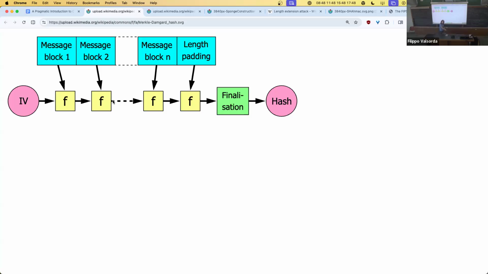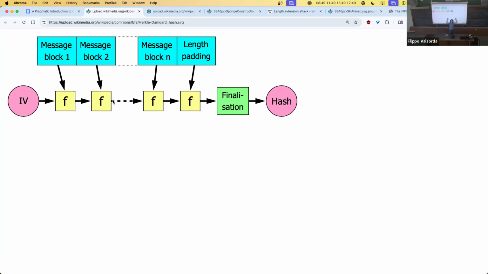And you don't have to know that first block. If you know the first block, you can always do this. You can just run the algorithm yourself. But the point is that you might not know part of it. For example, if I try to authenticate something by saying, well, I have a hash function, just like I'm getting ahead of myself, and this was the next 45 minutes. But keep in mind this property of Merkle-Damgard.